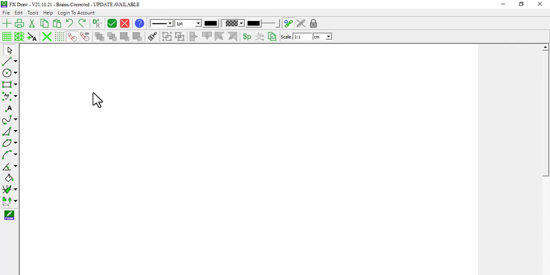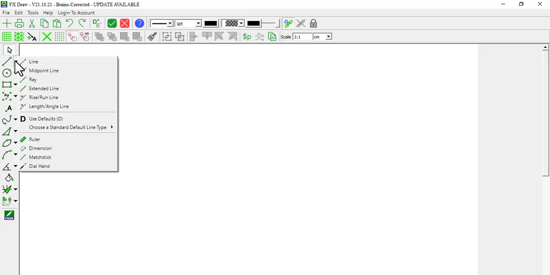The next icon downwards is a line tool. We have a line tool, and in this system we have different types of lines which can be revealed when we click the drop down icon. There is a drop down here. When you click on it, you are going to get different types of lines. We start with the line, which is a simple line. Then we have a midpoint line, we have a ray line, we have an extended line, we have a rise and run line, we have a length, we have a